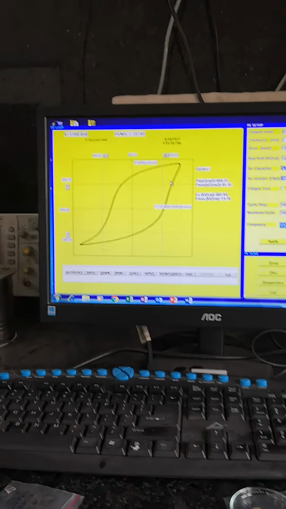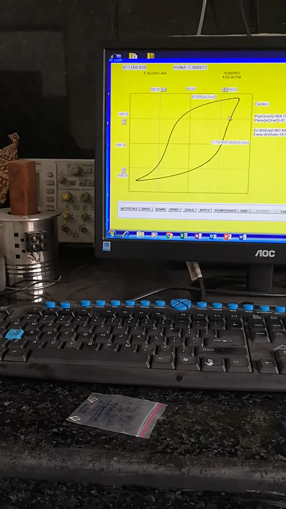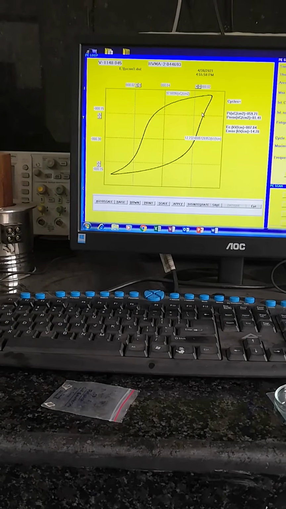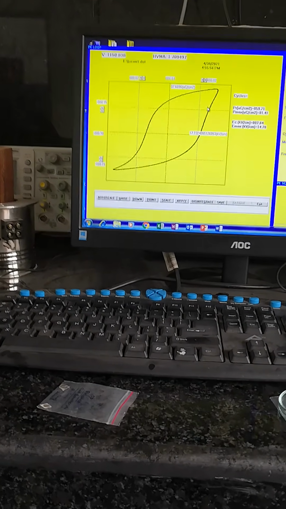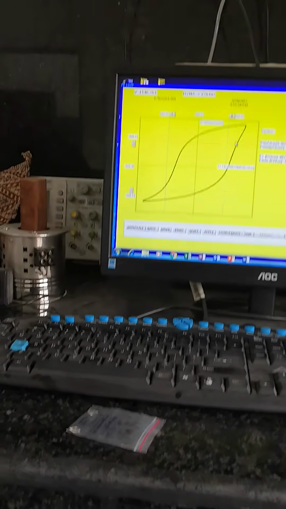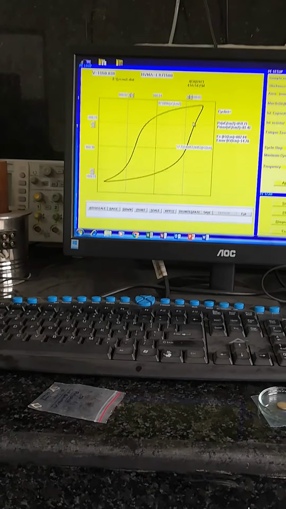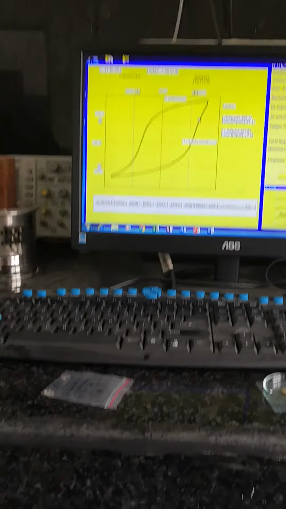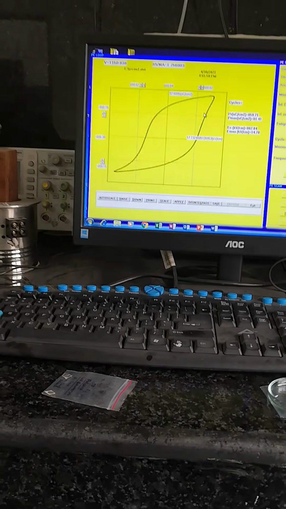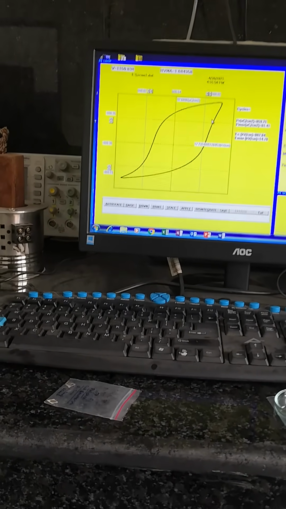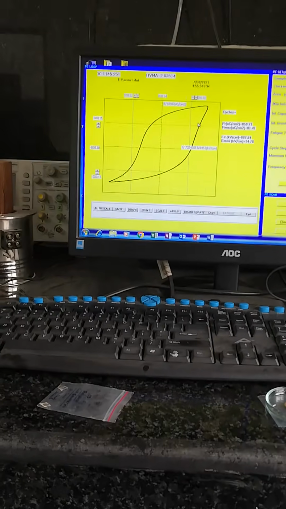Basically from that demonstration and the demonstration of the Sawyer-Tower circuit that we have discussed earlier, the shape of the P loop of any ferroelectric sample depends upon three values: the value of the external magnitude of the electric field, the internal capacitance and the resistance.